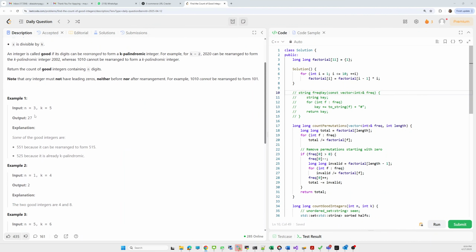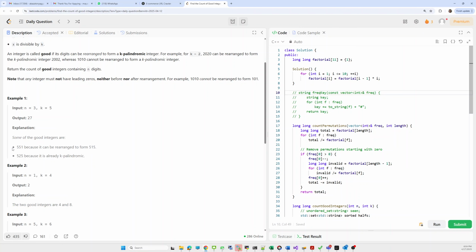Let's look at the first example, where n is 3 and k is 5. In this example they already give one scenario, 551. This integer 551 can be rearranged to 515, which is a palindromic integer, and 515 is divisible by 5 also.